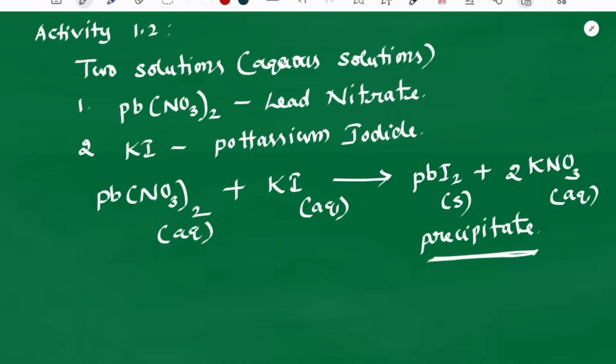So next, in this activity also we cannot get back the potassium lead nitrate and potassium iodide. Why? Because here a new product or new substance is formed. So next we will discuss